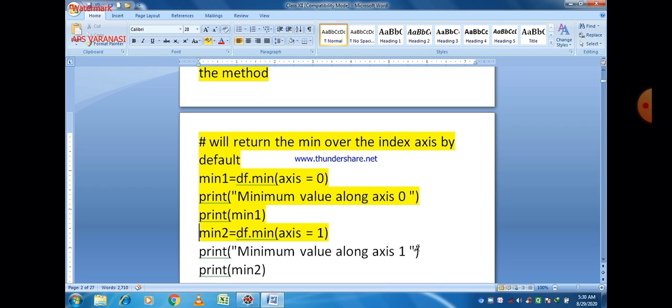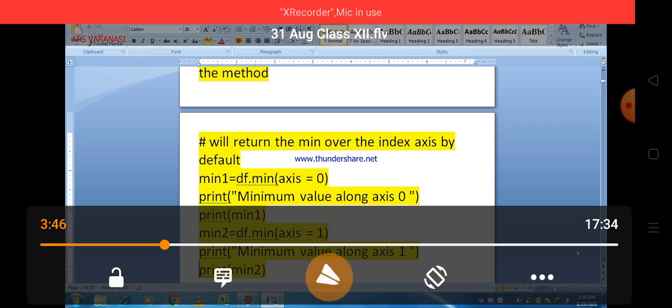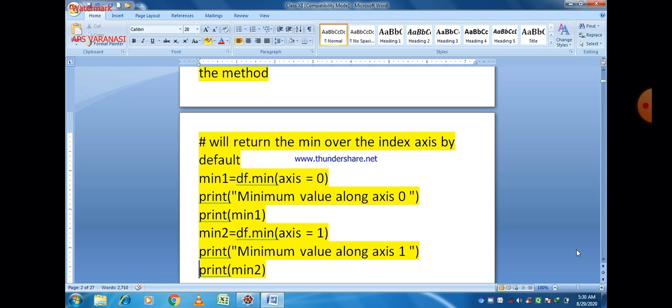So min is a method basically used to find out the minimum value along axis 0 by default. And if you want to find out the minimum value along axis 1, just pass the parameter axis is equal to 1. So in the min method, you are able to find out the minimum value along axis 1.